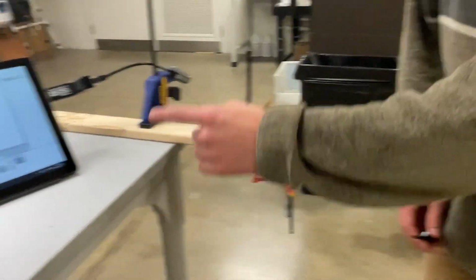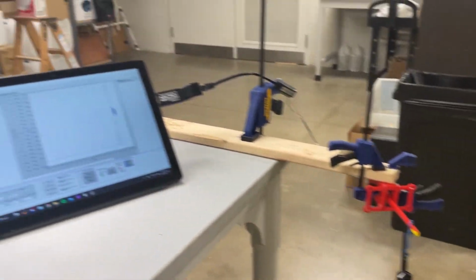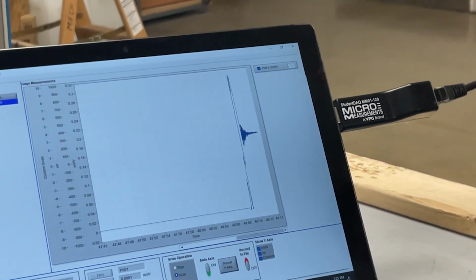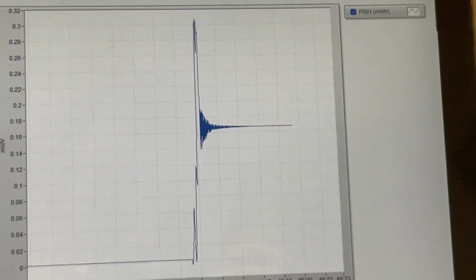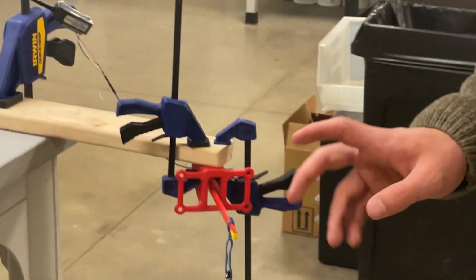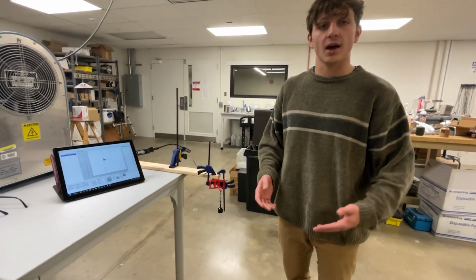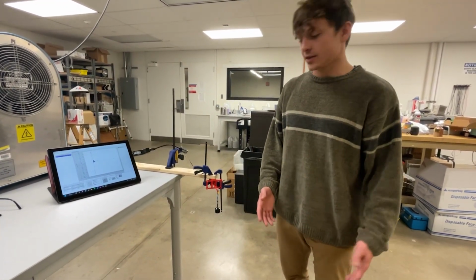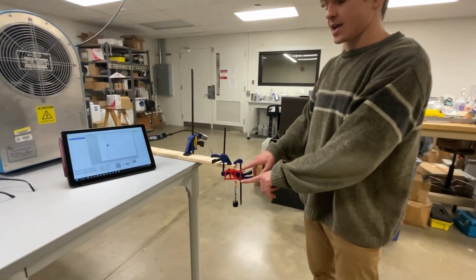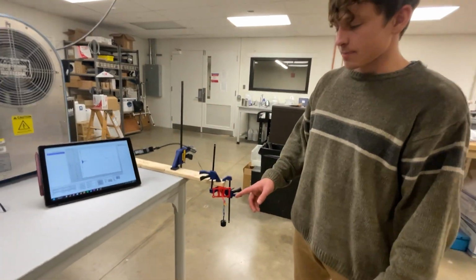So you can see right now we have it zeroed out. And then if I apply weight, it goes up to a higher reading as it's bending our load cell. Doing this calibration this way allows us to ensure that what we're assuming about our force amplification in this lever arm is actually correct. So I measured out exactly a 6-to-1 ratio in our lever arm,